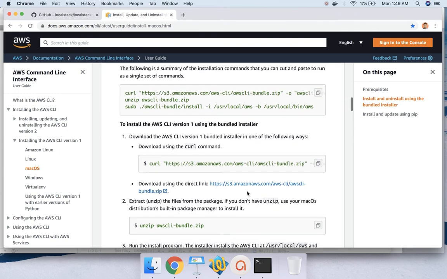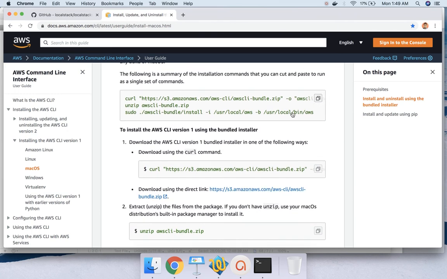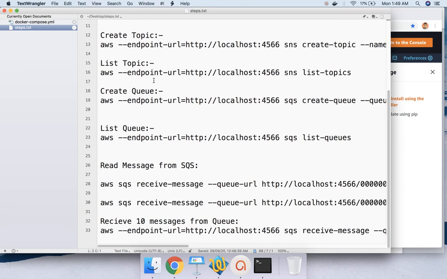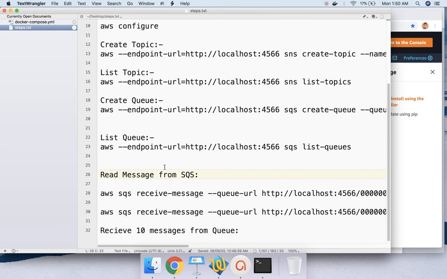I have taken just this set of commands together and run it, which I have copied over here. There is lots more you can do rather than only create a queue, such as create a topic, but we'll see that later. Let me demonstrate how we can create a simple queue.